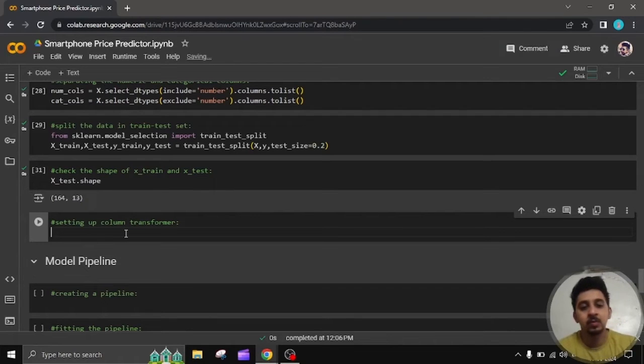Cool. So we will be using some encoding techniques and some scaling techniques like standard scaler, but each of our columns requires a different type of transformation. Like numerical will require some scaling techniques and categorical would require some encoding techniques. So I will be using a library named column transformer, which will make our task much easier. So I will write from sklearn dot compose import